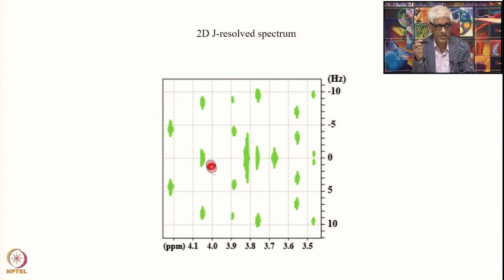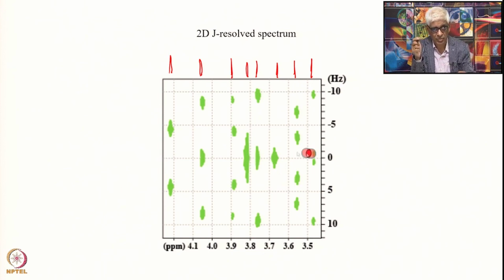The coupling information is present, and if you take the projection down here, each one of them will give a single line, all of them will give a single line. So, this will be a single line, this will be a single line here, a single line there, a single line there, again a single line there, a single line there and a single line there. If you took this projection onto this axis, you will have only one line. So, the chemical shift information is completely on one axis and the coupling information is on the other axis. So, therefore, this is an extremely useful technique for handling large molecules, because you have achieved a good resolution